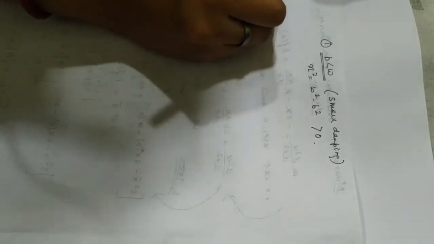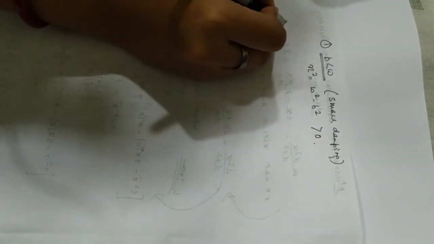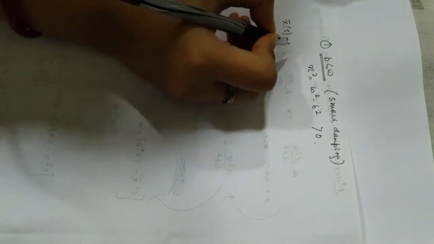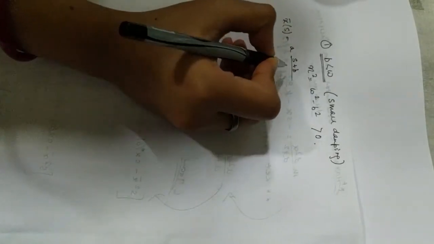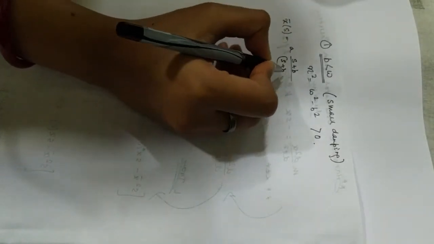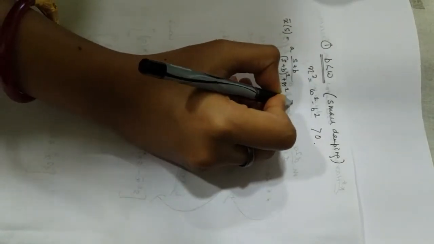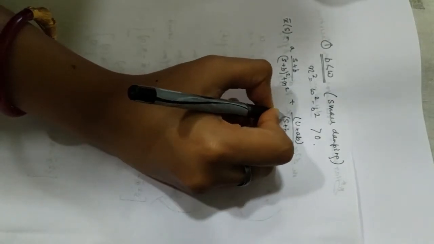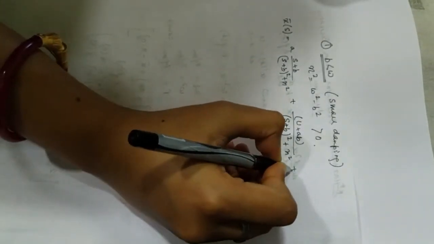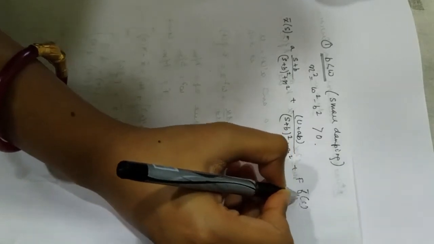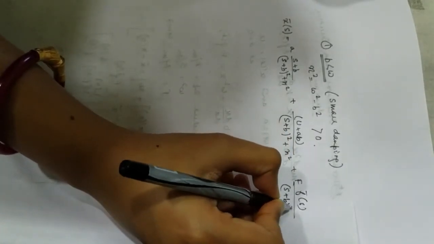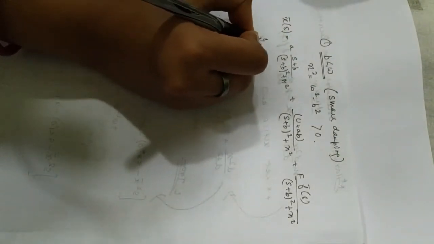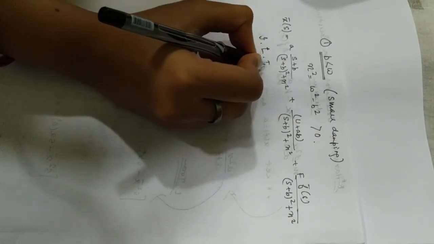Okay, just now we had derived this equation. Still I'm writing it again since it is a new page. x bar is equal to a s plus b divided by s plus b whole square plus n square, plus u plus ab divided by s plus b whole square plus n square, plus f bar s divided by s plus b whole square plus n square, right? So now to get the solution of x, we will take the inverse Laplace transform of the entire equation.